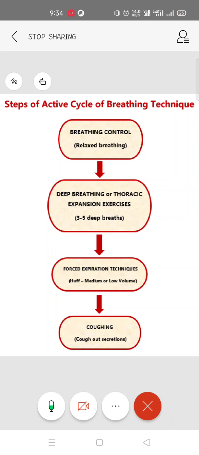Because this is helpful, because if you suddenly start the deep breathing exercises, sometimes the patient might already feel tensed, okay, the patient might already be in a panic state, and if you ask him to do the complex ones, that is the diaphragmatic breathing or the pursed lip breathing, then the patient will be more panicked, okay, or he will be tensed. So better you start with the breathing control, that is breathe in and out, and then focus on your breathing. When you are breathing in and out, just focus on that thing, okay. Let go of all the unnecessary thoughts in your mind, just focus on your breathing and relax your neck and shoulder. So this comes under your breathing control.